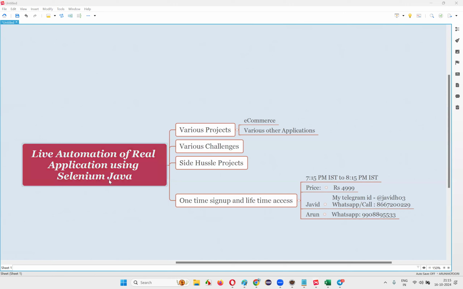Do you understand? Live automation and internship are both the same now. There's no separate internship now. The only different things are training and live automation projects. Training is separate, implementation is separate. This batch is all about pure implementation. That batch is all about pure training. Something like that. Got it?